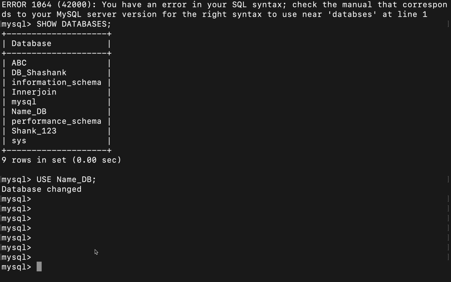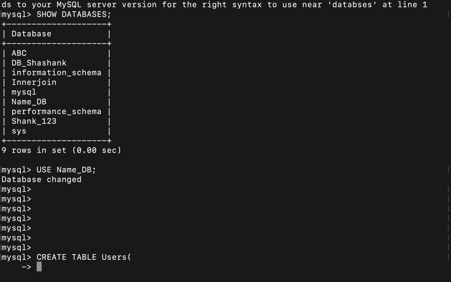Please zoom a bit. Now let me create one table. For that, I'm using create table, and then the name of the table is users. The first column name I want is ID, so I am writing ID here, and then you need to write the data type. I want all IDs to be int, and now I am using one constraint, not null. I'll let you know what a constraint is. Let me write it first.